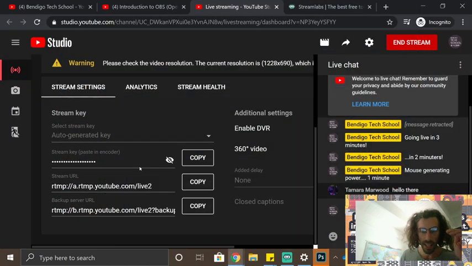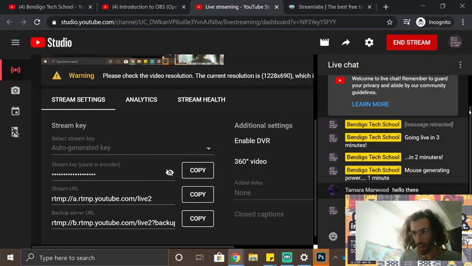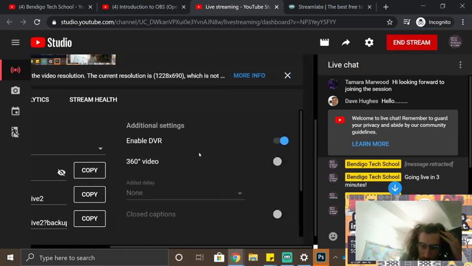And that way, when I hit start, it knows exactly where it's going. I'm going to this stream, I'm going here, and I hit basically go live through there as well. So that's what your stream key is. I talked about these other settings yesterday when I was talking about YouTube Live, but just in case you missed that one,